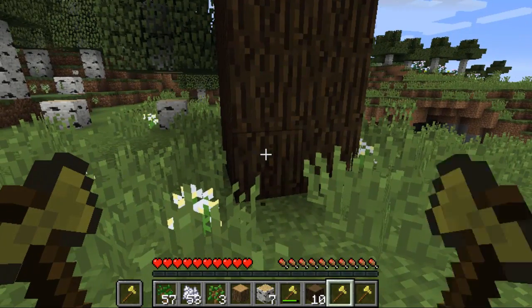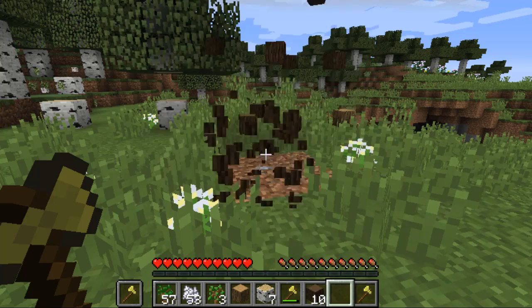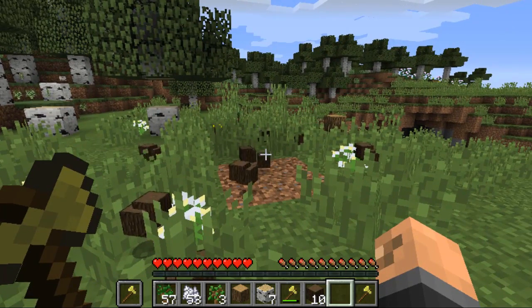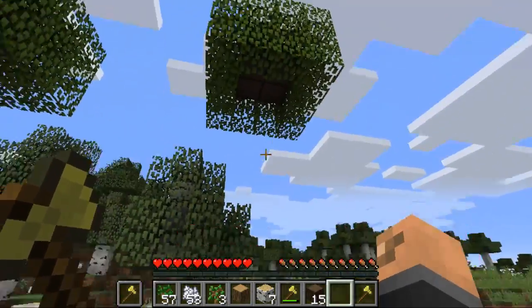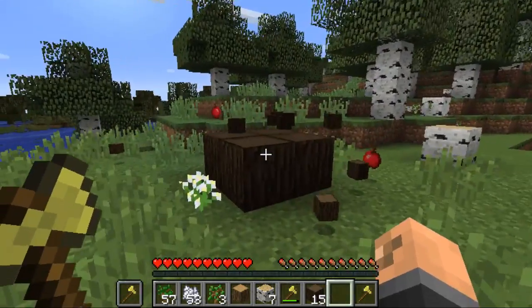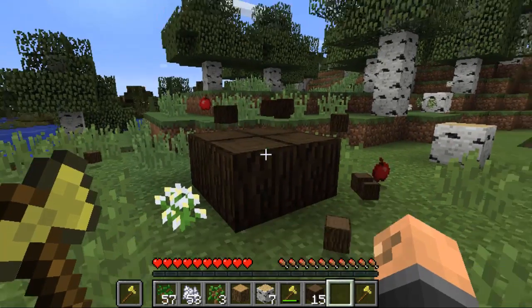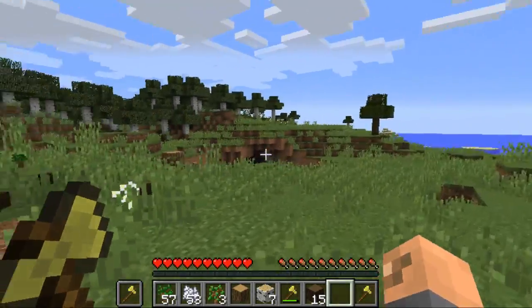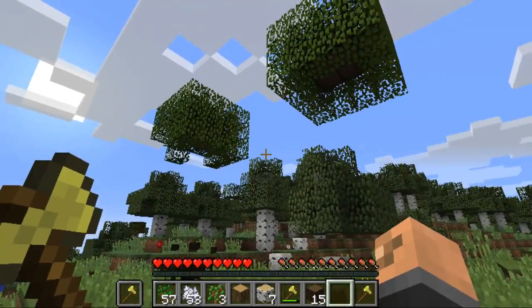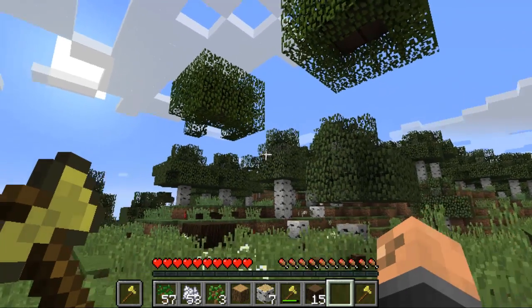So the reason that I did not do the base is to show that the way that the mod functions is only to do every log and leaf that's upwards, that's at that level and above. But this is again configurable. You can set it so that if I were to knock out this block at my eye level, it would actually take out the whole tree downward as well as upward. So as far as I can tell, all of the functionality has been restored for Treecapitator, with the exception of